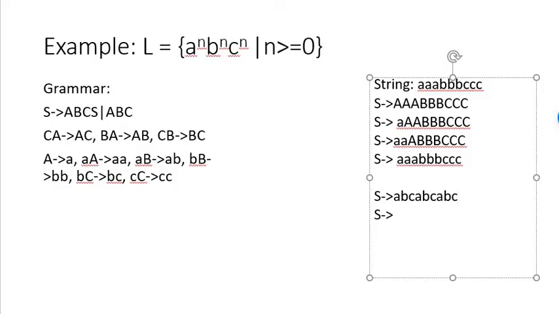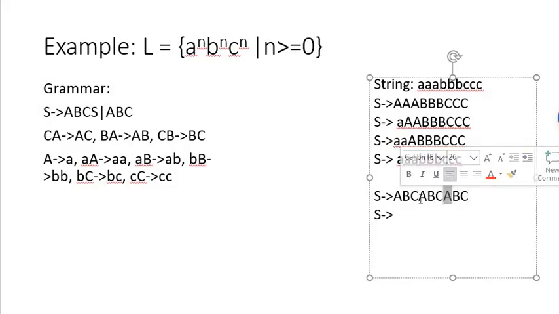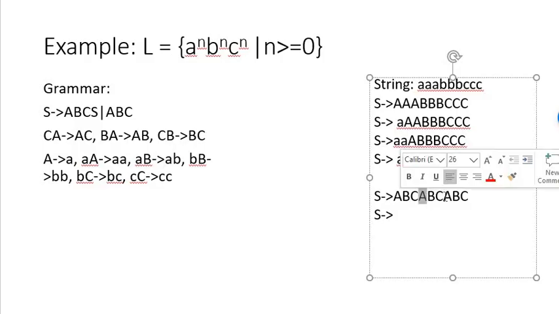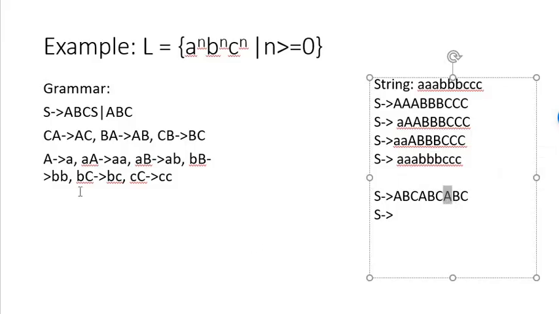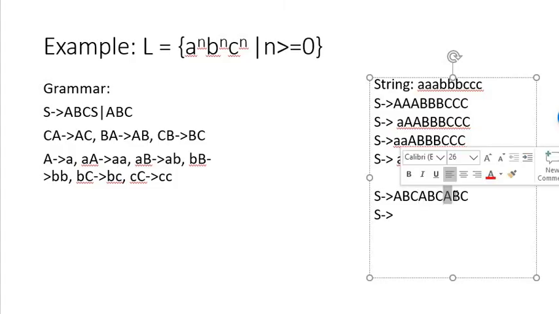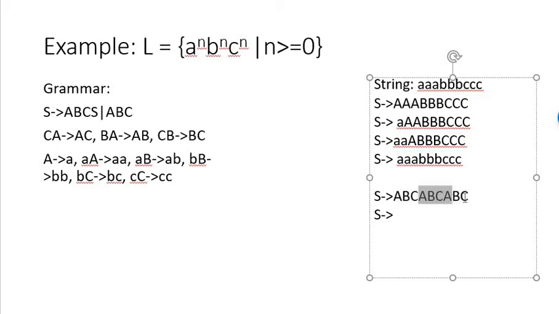Now this grammar is wrong, but what did I learn from this? If you closely observe, where did the mistake happen? If I restrict this second and third A, listen to me carefully, if I restrict this second non-terminal A and third non-terminal A from being replaced by small a, then the further ABC string will not be generated.